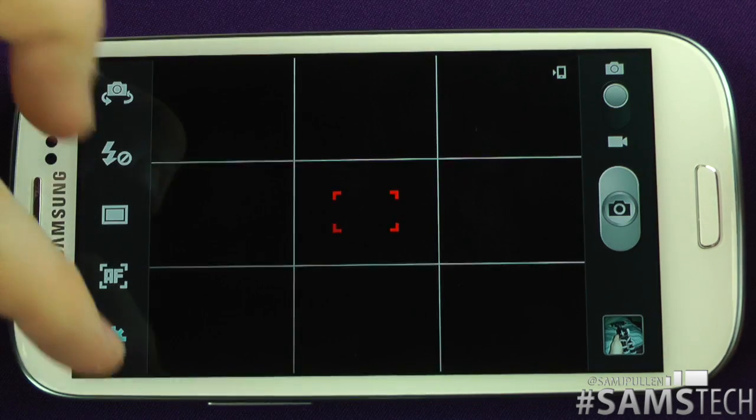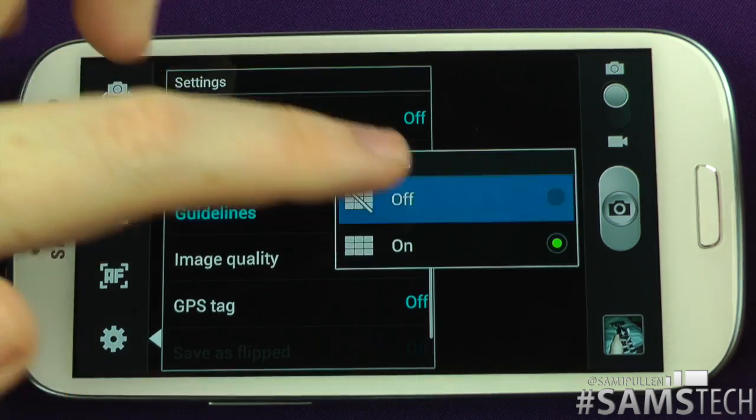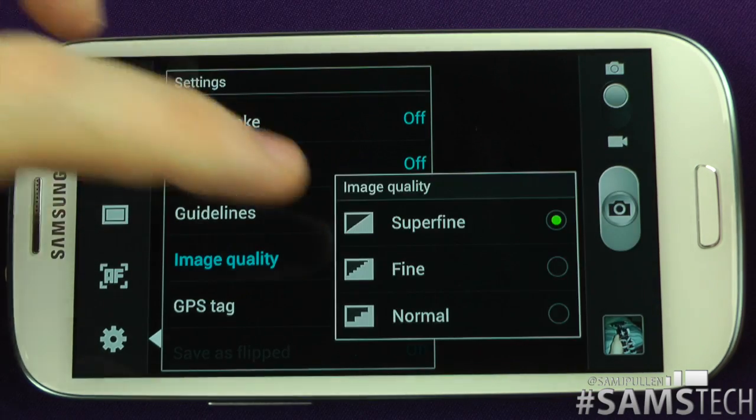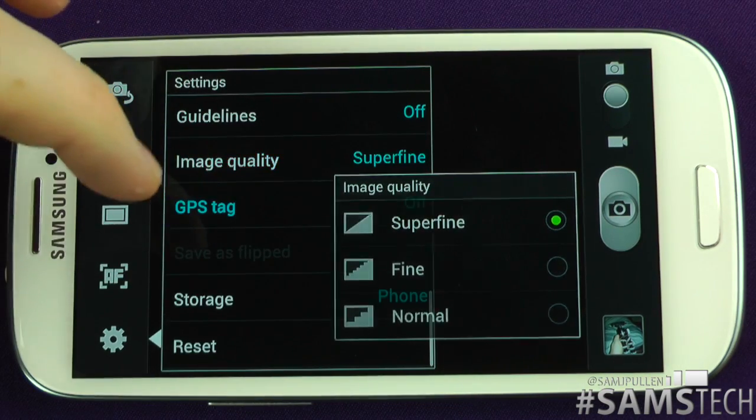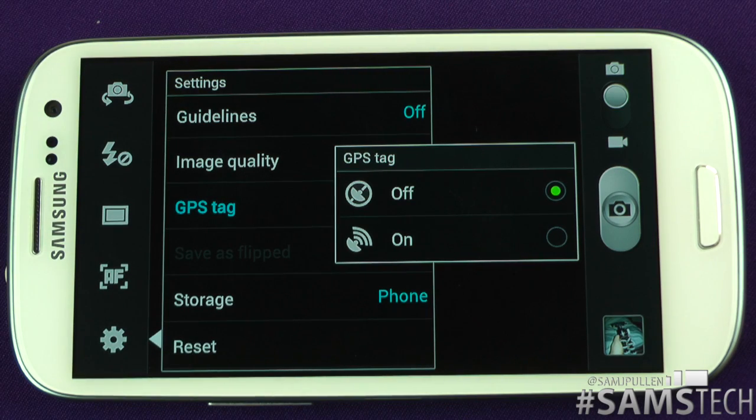You can have the guidelines on there. Turn those back off. You then got your image quality, you get superfine, fine and normal. There's generally not a massive difference between these. I have it on superfine just because I know it's going to be the best option. Why not? GPS tag, you can have it on or off, so if you take a picture and you download